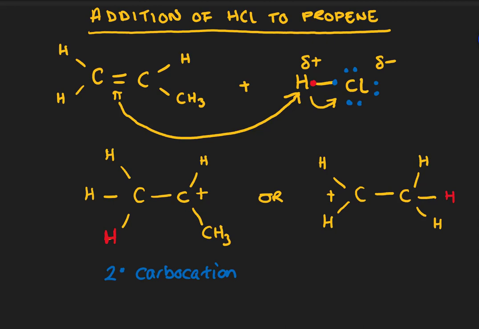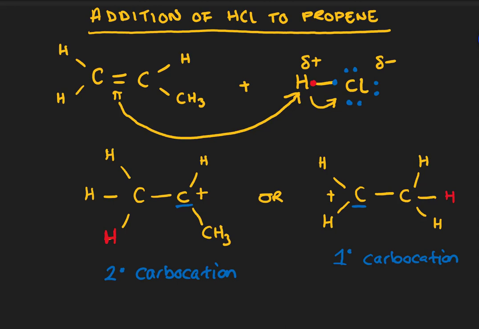And it's a secondary carbocation because our cation here is bound to 2 other carbons. So 2 other carbons around it, directly bound to that carbon, make it a secondary carbon. Whereas this carbocation here is only bound to 1 other carbon. And that makes that a primary carbocation. And if we had a carbon bound to 3 other carbon groups, then we'd have a tertiary. And basically, the more carbon groups you have around it, the more stable it is, the more energetically favourable that